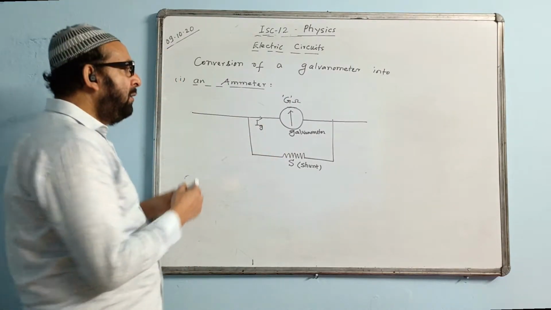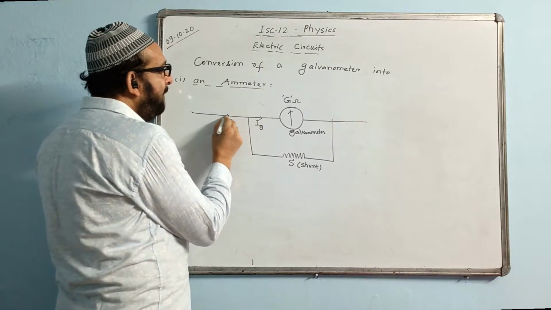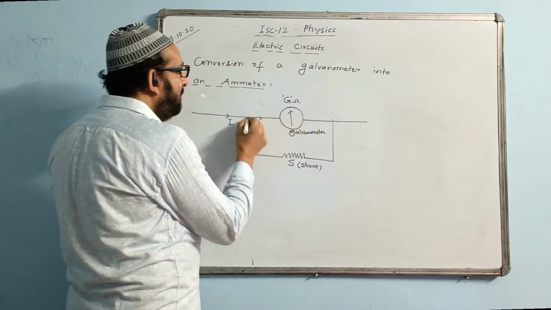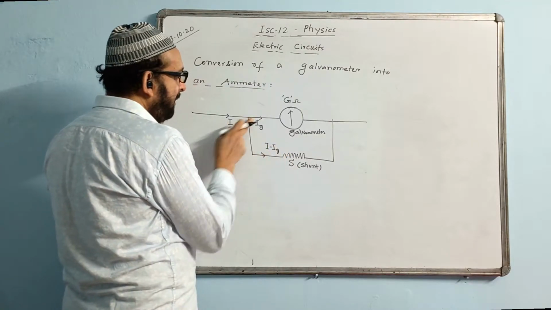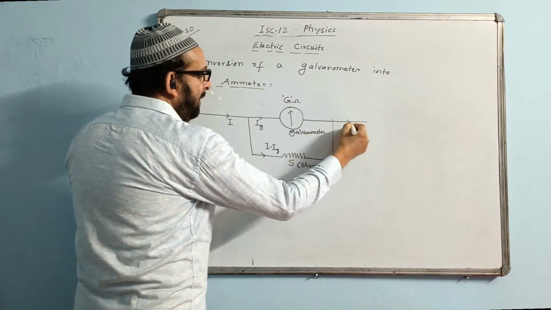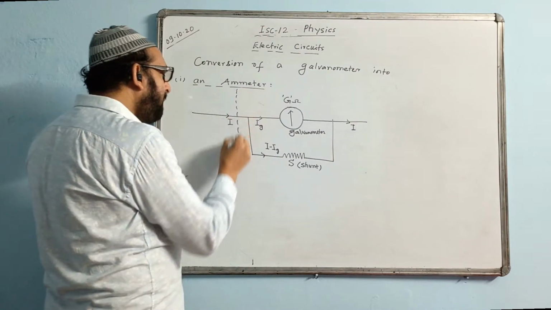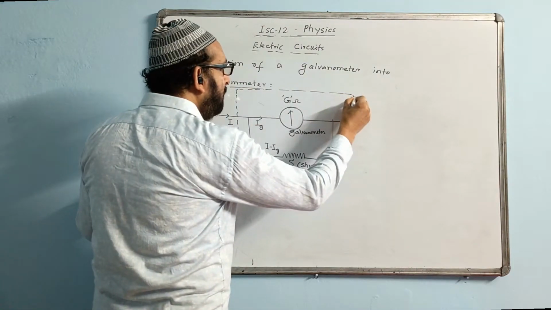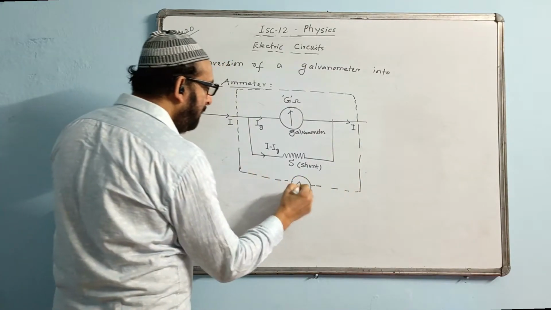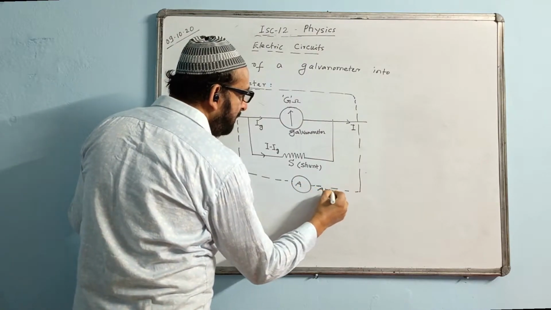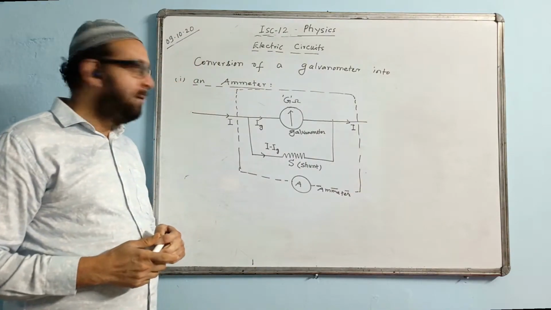How does it prevent? Suppose the total current, a very high current, is I. If there is parallel, current gets divided. Ig will flow through this, and what current will flow through this? I minus Ig will be passing through this side, and again it will become I. Now the entire setup will be behaving as an ammeter. We will draw this one now. This entire setup will behave as an ammeter. You can add A. Then this thing is called ammeter, because ammeter has got very low resistance.